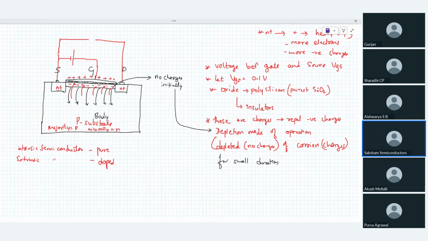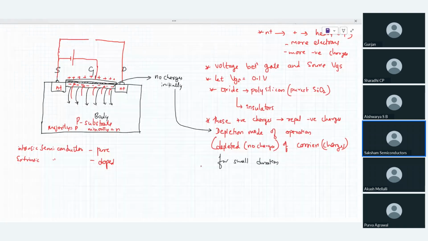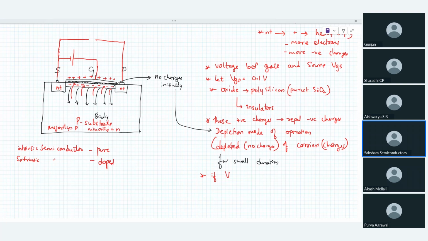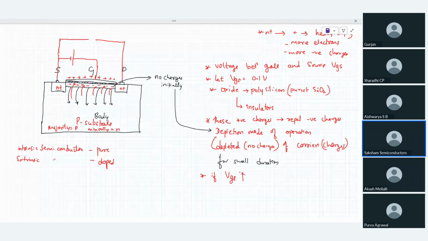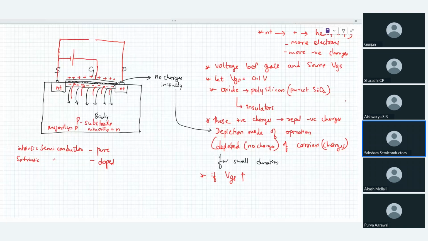Now here comes the beauty. The amount of voltage you are applying decides the amount of electrons that are being attracted. Now, if you increase VGS, for example, if VGS is increased. Now, these are some of the trick questions that are usually asked. What is going to happen when a certain amount of voltage is applied and you increase this voltage? Theoretically, what is going to happen? So you should be aware. If VGS is increased,